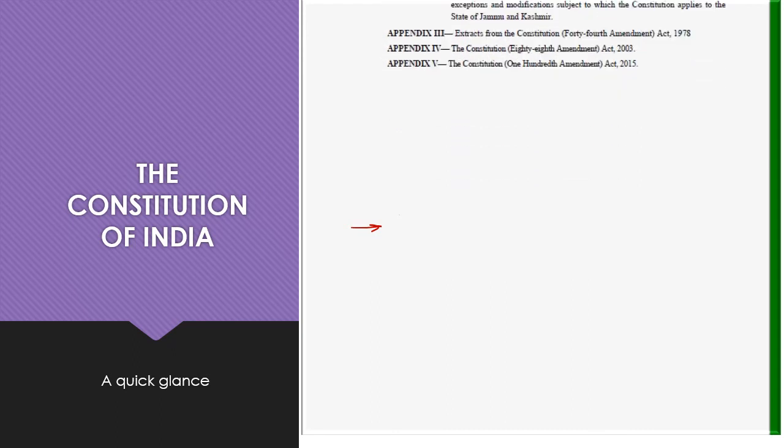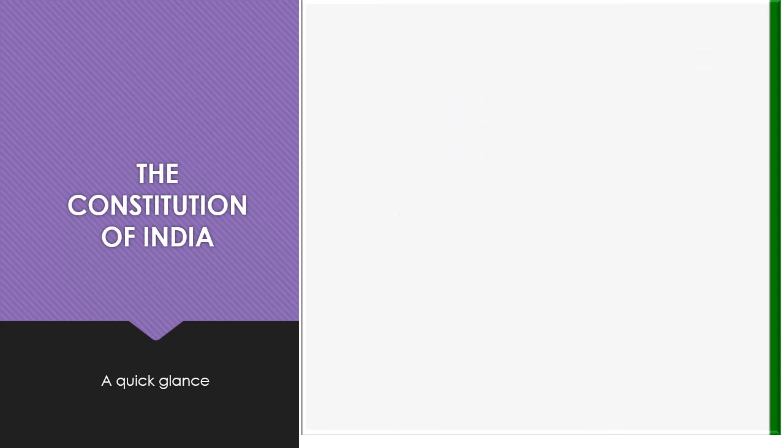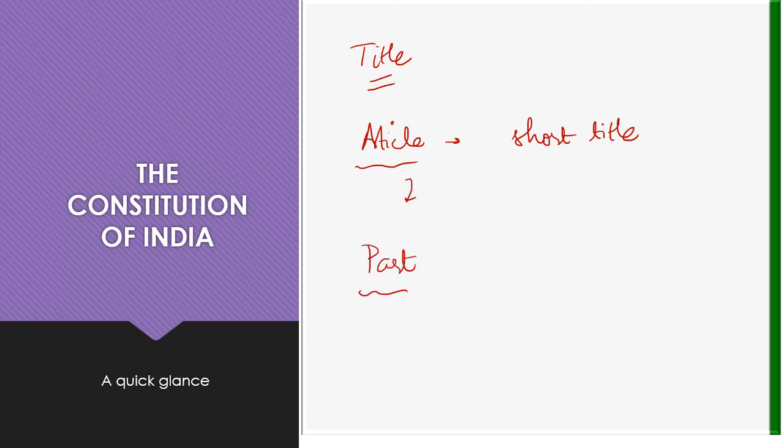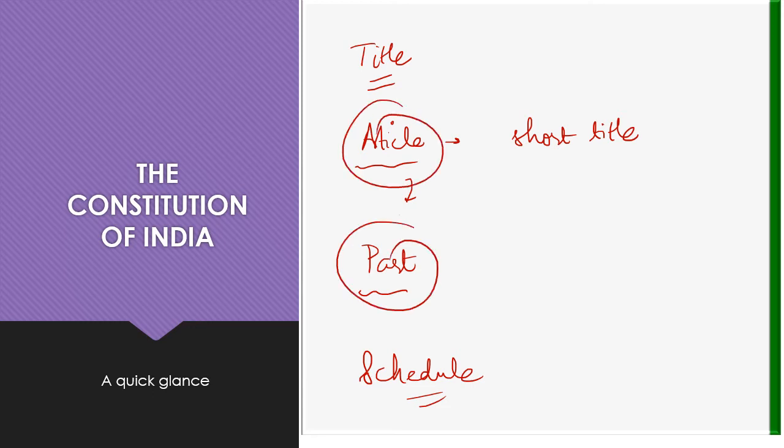Okay. So whenever you want to see anything in the Constitution, you now know where to find it. If you scroll through the contents, you can look at the title of the article itself, because each article, as you've seen, has a short title which will tell you what is contained in it. Likewise, you can also see what is given as the title of that part. You can also see what that schedule deals with. Therefore, if any particular part of the Constitution interests you, you can navigate to that point and see what you need to.